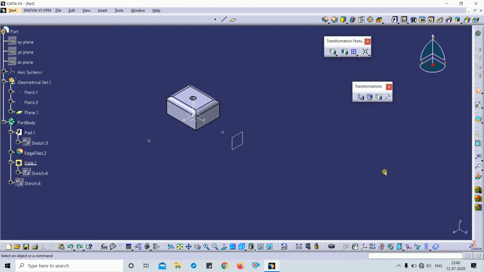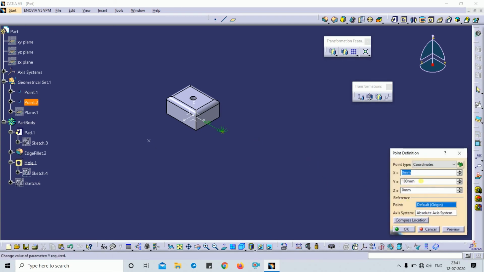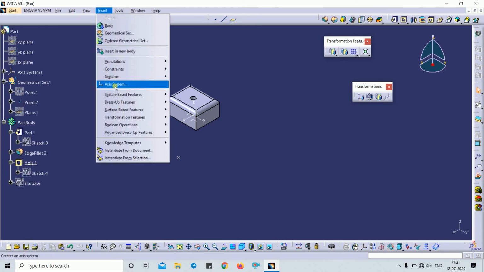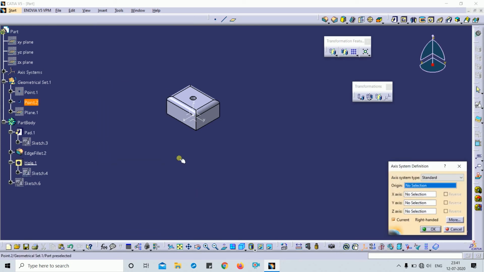Next command is axis to axis. For this command I have to generate an axis system at this point. So I insert an axis system, and this is my origin.